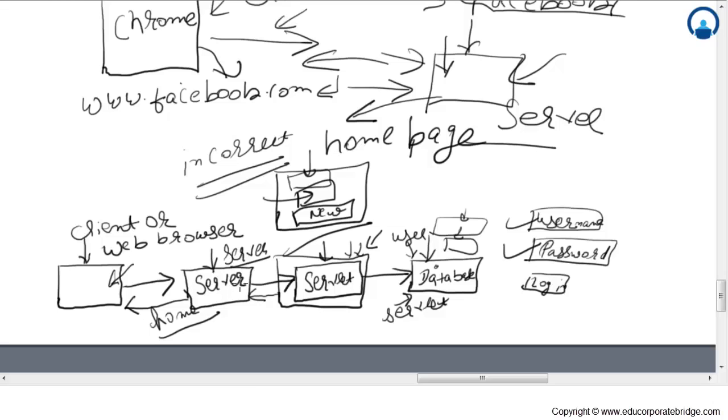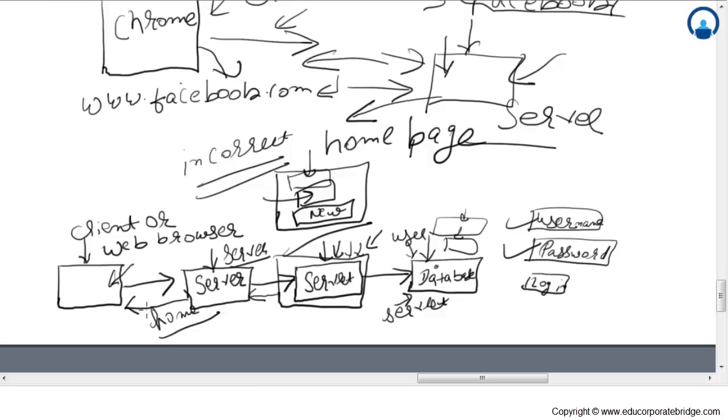Whenever a request comes to the server, in turn it will send it to the servlet, and the servlet will interact with the database. And we can write the logic here to check whether the username and password entered are correct or not, by interacting with the database, because usernames and passwords are stored in the database. If those are correct, it will send a positive response to the server, and in turn the server will open your Facebook page where you can write posts and everything, you know that all. And if the username and password are incorrect, this servlet will send a negative response,